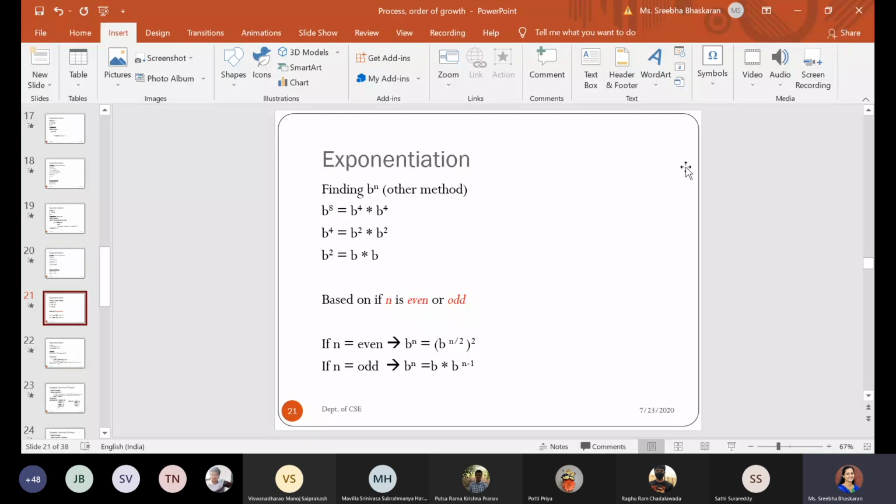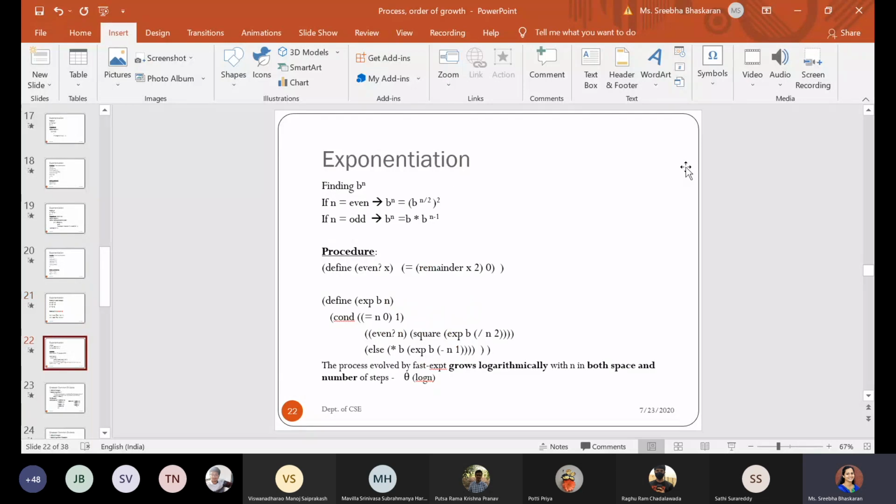Moving on to the third way of defining the procedure, we define it by identifying whether your n value is an even number or an odd number. If it is an even number, we divide it by half and square it. We keep doing this till your n becomes 0.